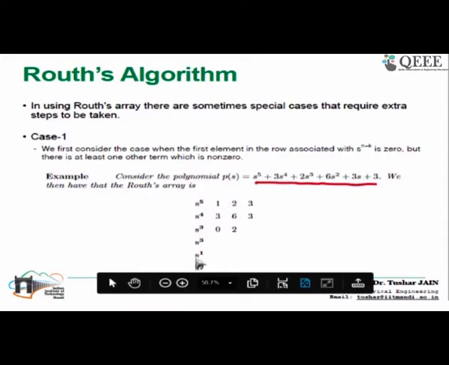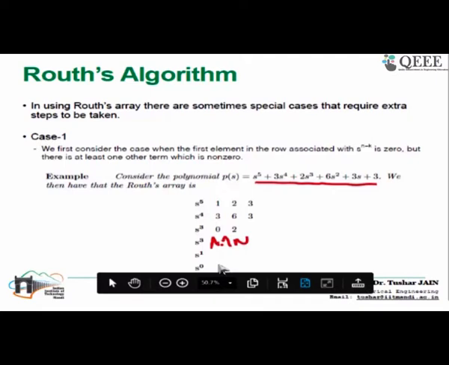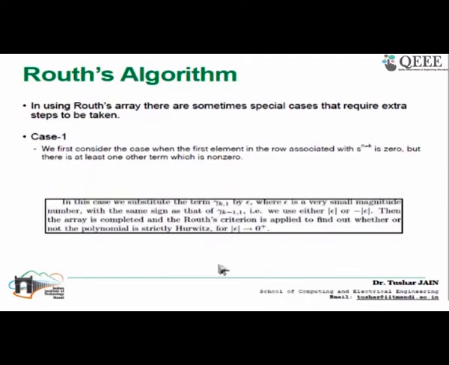So I write this. When I write this Routh array and while computing, I see that there is an element 0. If there's a 0 in this first column, you cannot proceed further, because if you use the same formula, 0 into 6 minus 2 into 3 divided by 0, this would be a NaN, not a number, so you cannot proceed further to test whether the system is stable or not. So the remedy for this kind of issue is,